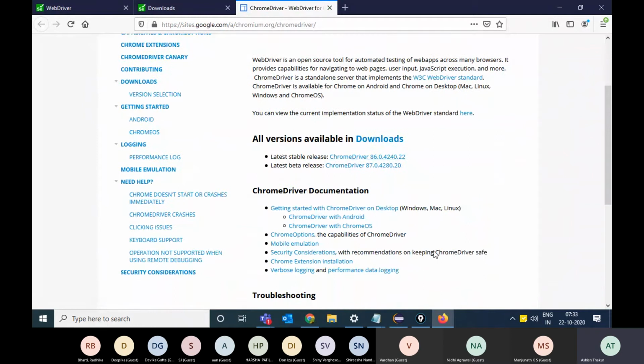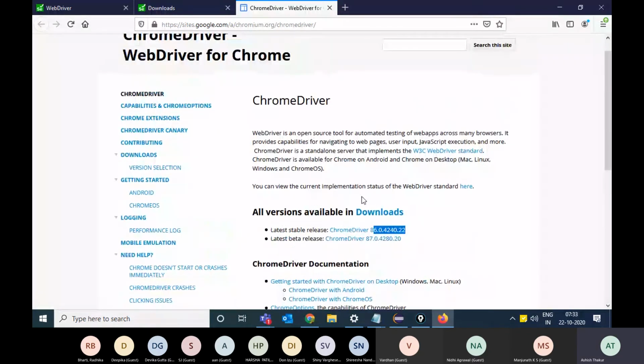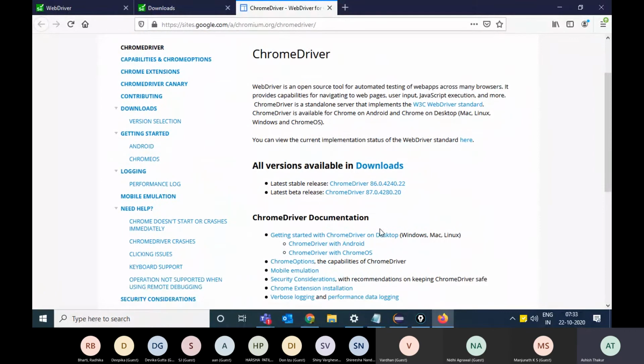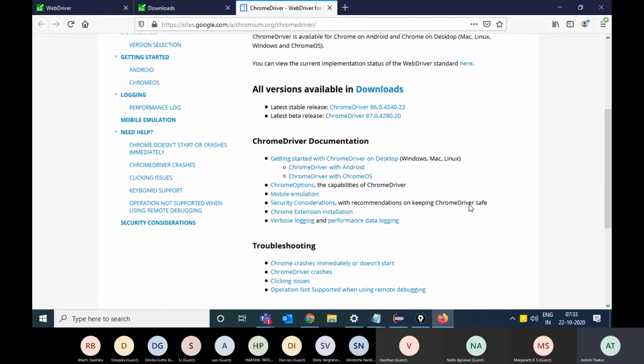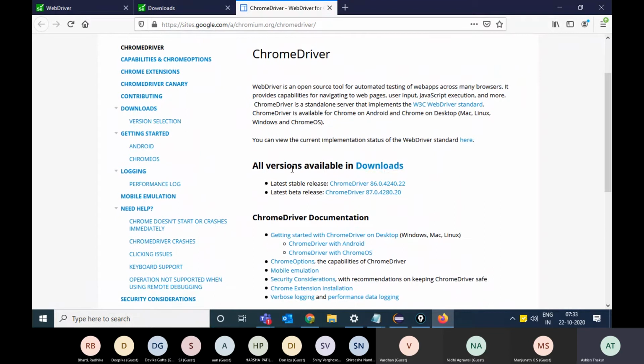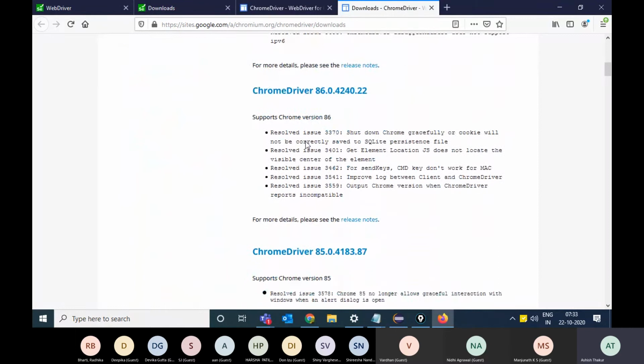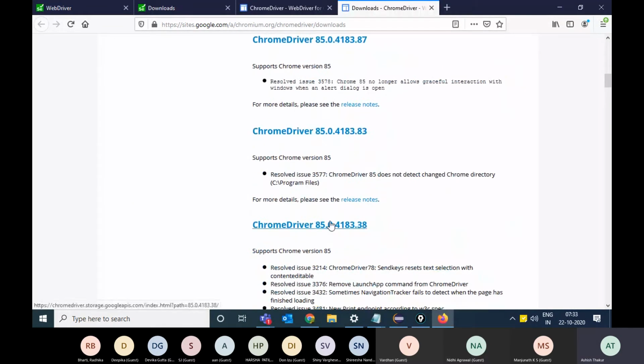You need to get the version of your Chrome. My version was 86 dot something, so I can download the exe from this link. If you have older versions, I think everybody must be having 86 at least. If you don't have it, just update your Chrome as well. Or you can go over here and look for the older versions. All the versions are available in the downloads link, with the exe for Chrome 85 and others.